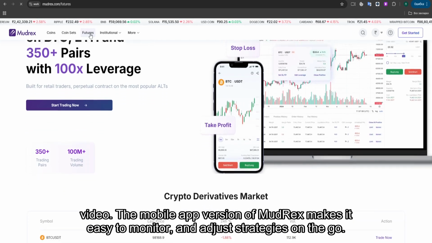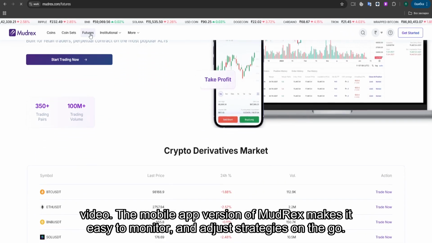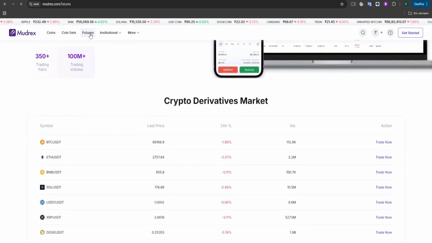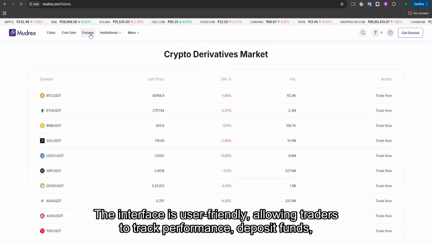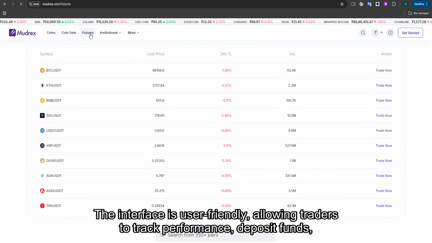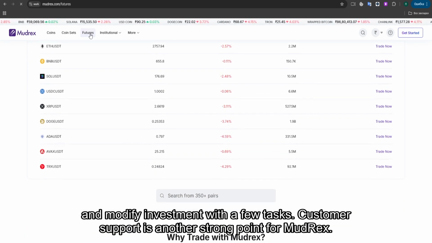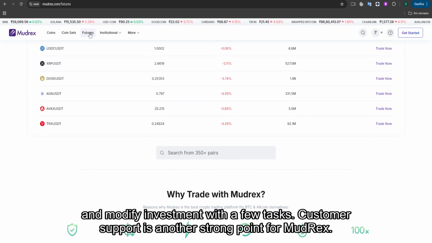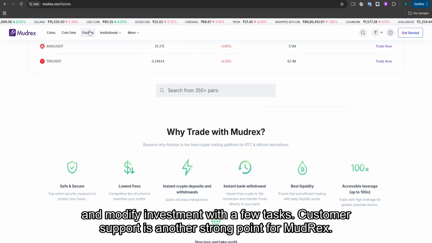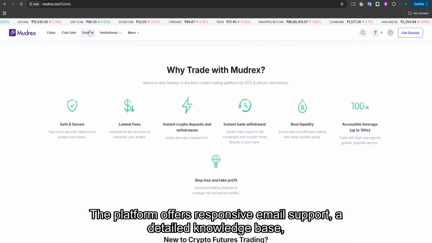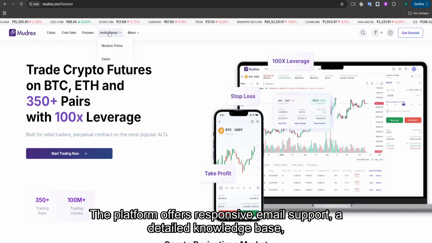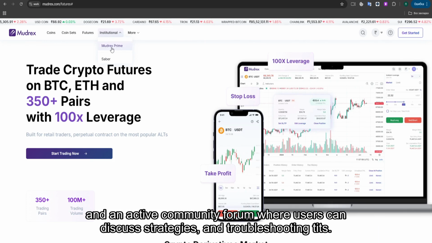The mobile app version of Mudrex makes it easy to monitor and adjust strategies on the go. The interface is user-friendly, allowing traders to track performance, deposit funds, and modify investments with a few taps. Customer support is another strong point for Mudrex. The platform offers responsive email support, a detailed knowledge base, and an active community forum where users can discuss strategies